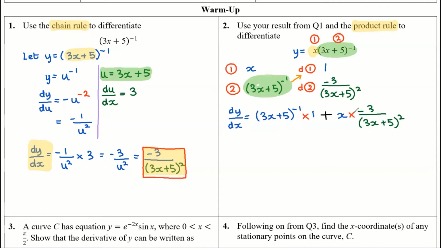Now then, what can we do here? I think you would get full credit for that if you were just asked to use the product rule. That would be fine. We just need to tidy it up a bit, I think. So I'm going to write this as a reciprocal. So this is 1 over 3x plus 5. Okay, and we have a negative sign here, and I'm multiplying the 3 by the x. So we've got negative 3x essentially. So I'm going to be subtracting 3x over 3x plus 5 all squared,